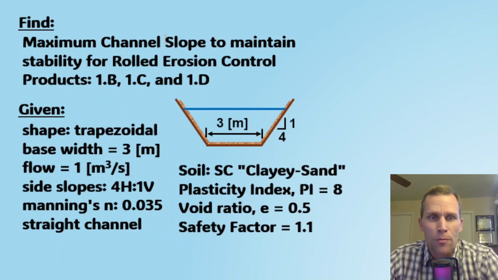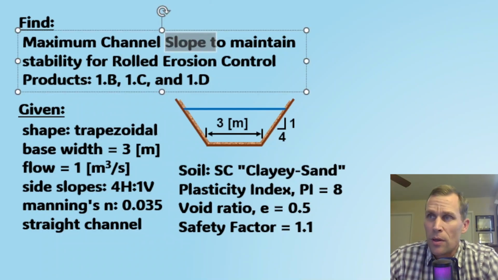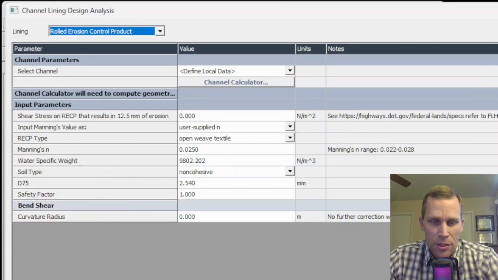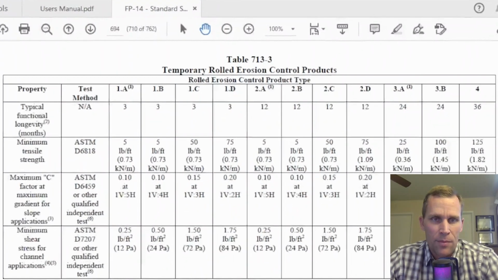As far as the slopes go, I'm going to be reporting to a precision of the nearest 2 decimal places of a percentage. So for instance, 0.45% would be in decimal form 0.0045, or if the slope is 1.35%, that would be 0.0135 in decimal form. I should also probably mention that I'm going to be referencing this FP14 document, specifically table